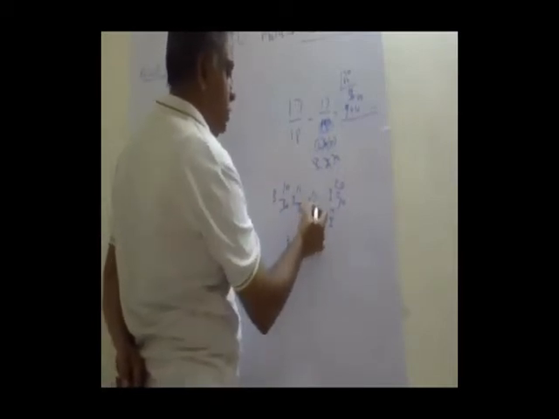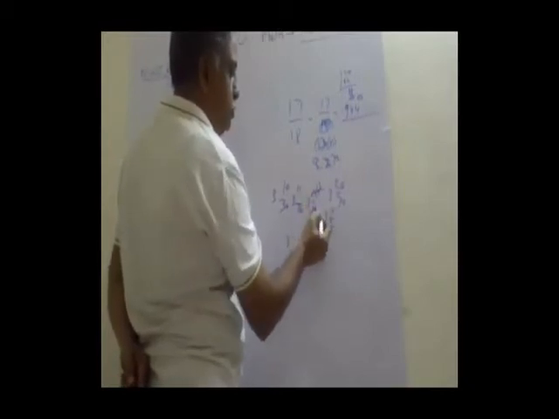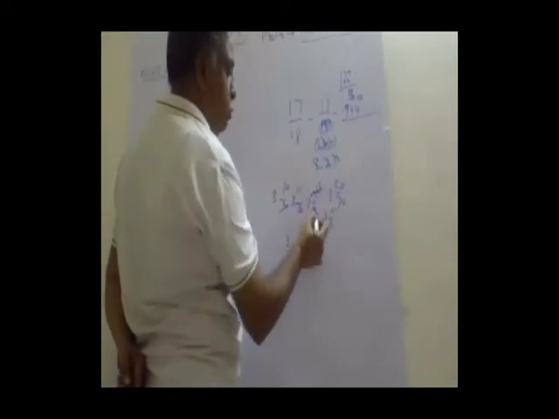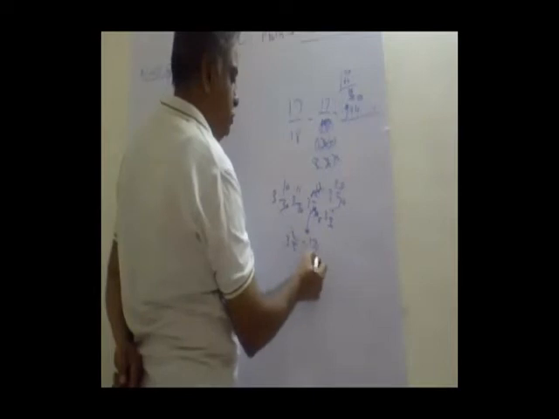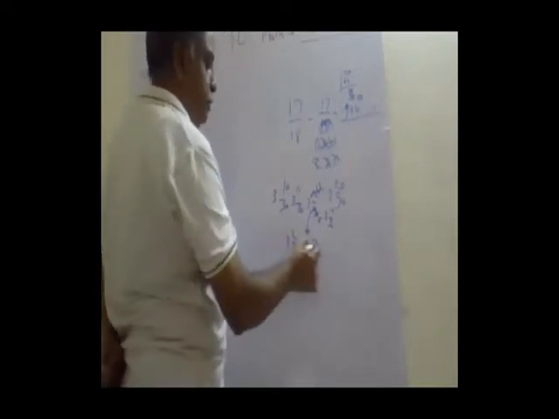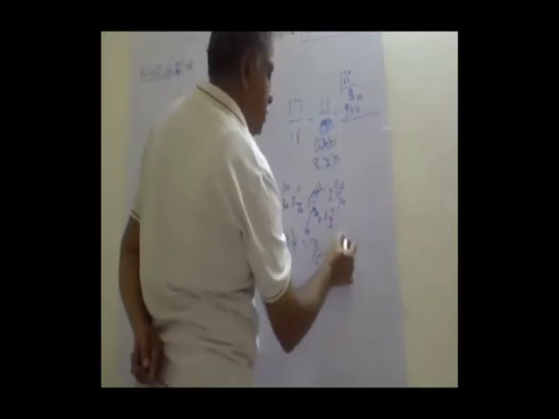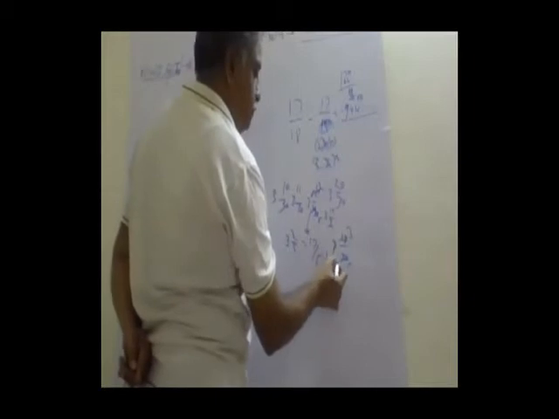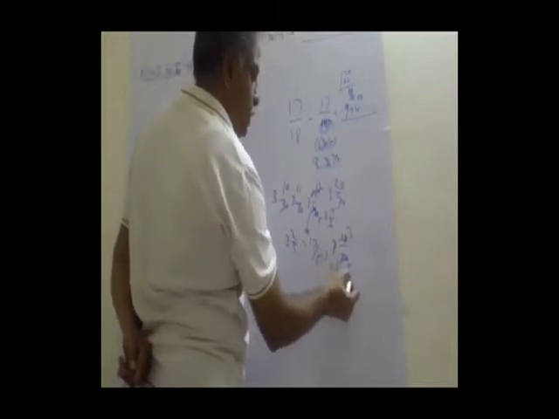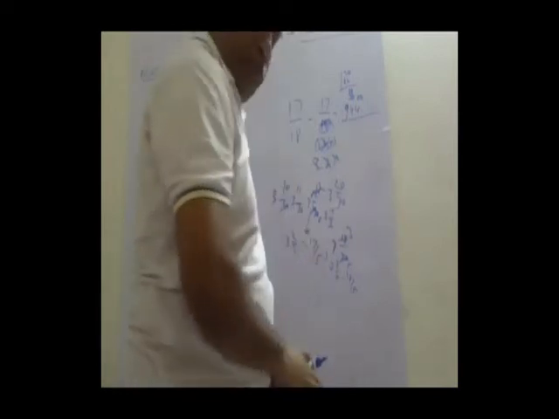12 by 30 means 3 tens, 3 fours, 4 by 10, 2 twos, 2 fives, so 2 by 5. Okay, 2 by 5. That is equal to 17 by 5. I can say 18 by 30, 6 fives, 6 threes, 3 by 5. It is equal to 18 by 5. So I can add any number of p by q between given numbers.